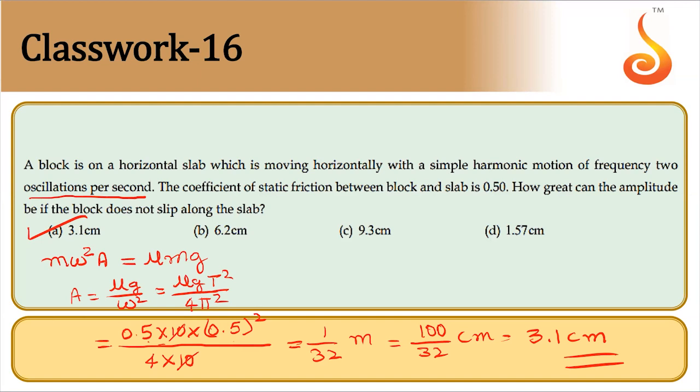See, it makes 2 oscillations per second, means the time taken for 1 oscillation is half a second. So time period is 0.5. The rest is just calculation. If omega is 2 pi by T, you have to square it, right? Omega square is there in the denominator. f is 1 by T. Now you can take f as 2, and it will be in the denominator only. Instead of taking 2 in the denominator, I took half in the numerator.